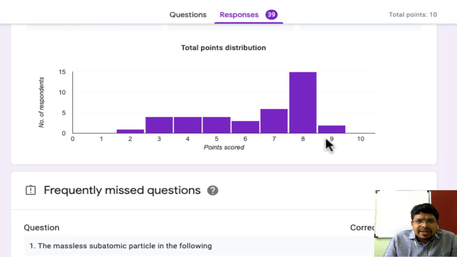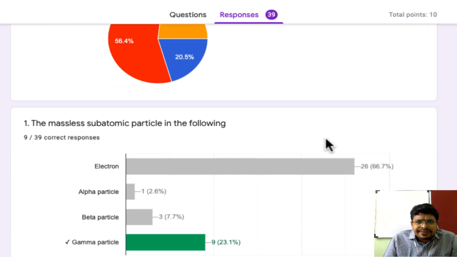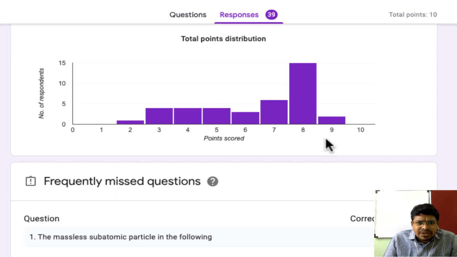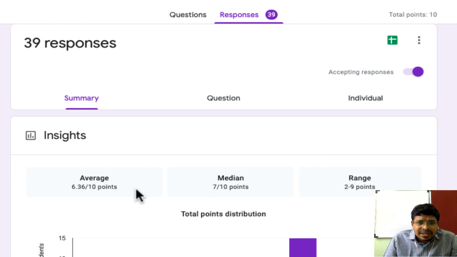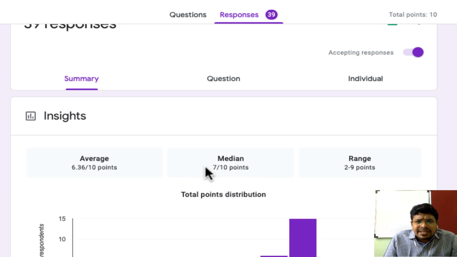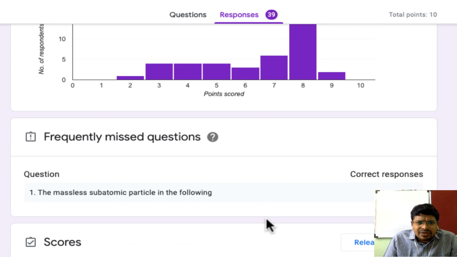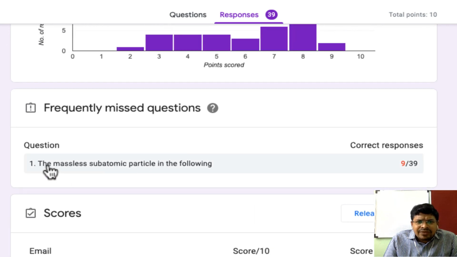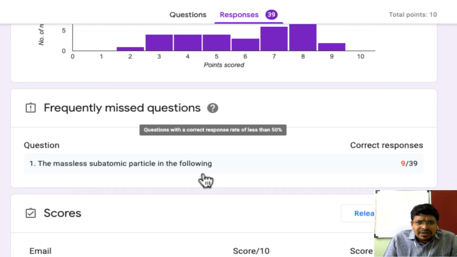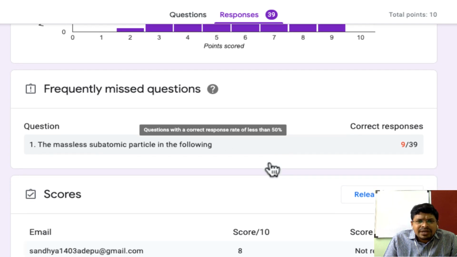After clicking, you can see these are the responses. You can analyze in multiple ways. The average class mark is 6.36, median is 7, and range: most of the students answered 2 to 9 questions. Here is the frequently missed questions.